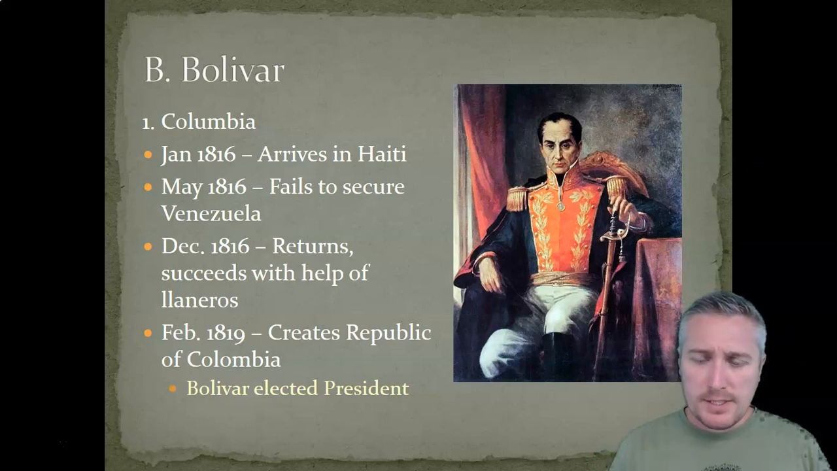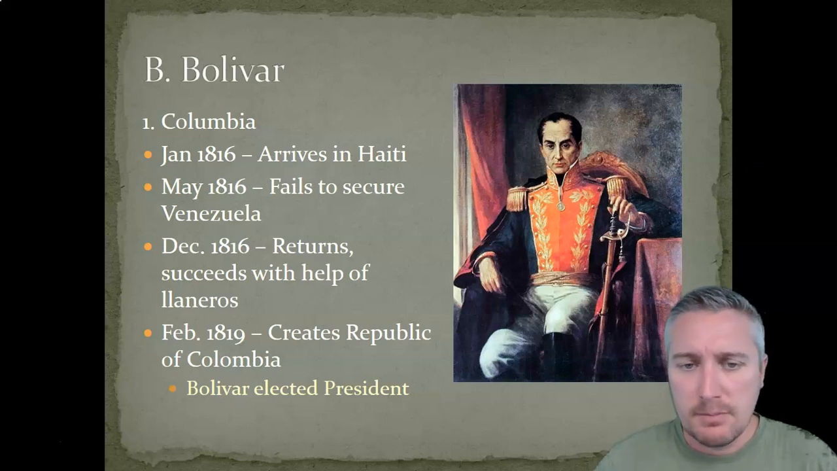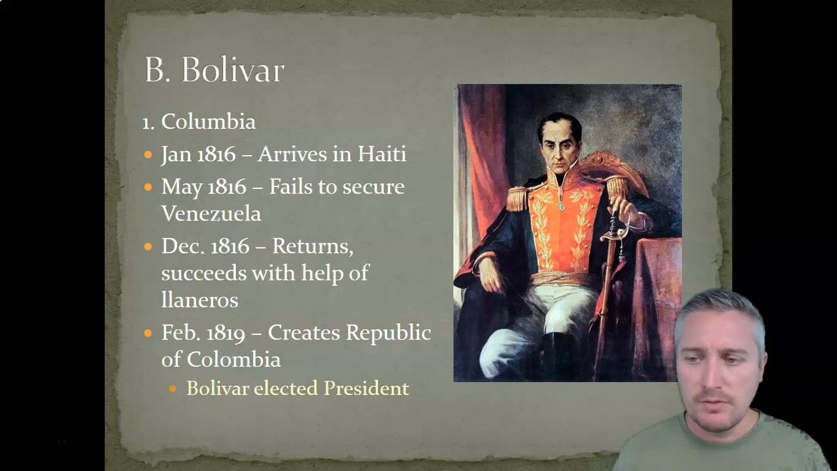So at this point, by May of 1816, Bolivar reaches Venezuela. He returns to the continent, but he is unsuccessful in capturing Venezuela. And so he actually makes a secondary return to Haiti. He goes back. And part of this is because, 1816, this is right around that time that